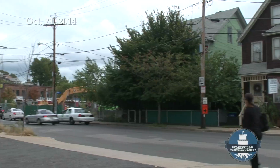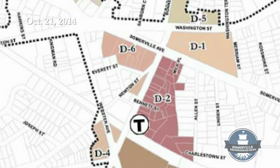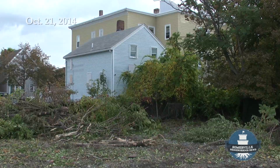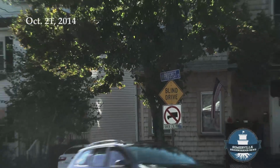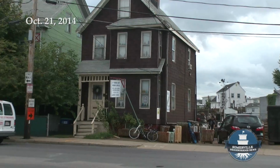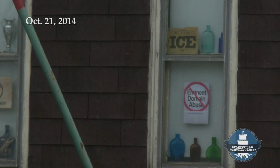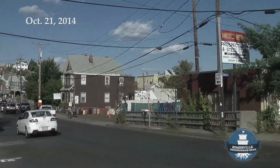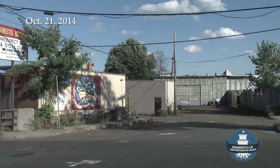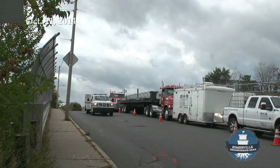Kylie Barrow is part of the D2 development block, one of the 7 parcels being redeveloped around Union Square. D2 is owned by the Somerville Redevelopment Authority, which had to acquire some of the pieces by eminent domain. The total cost of all the parcels was $4,425,000. Work will wrap up and the site totally cleared by mid-December, paving the way for the construction of the